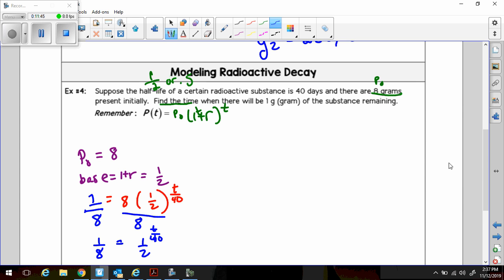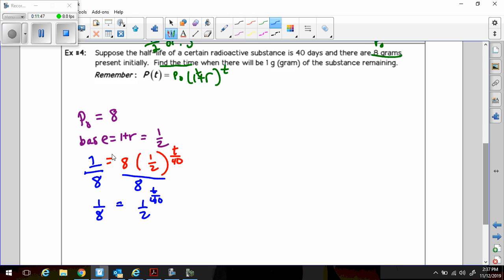And what we're going to do is take the log base 1/2 of both sides. Log base 1/2 is the base of 1 over 8. Log base 1/2 of 1/2 to the t over 40 is just t over 40, always on this side. That's why we use this base for the log, because they'll always cancel. It'll always be 1. It'll always be this exponent. So t over 40